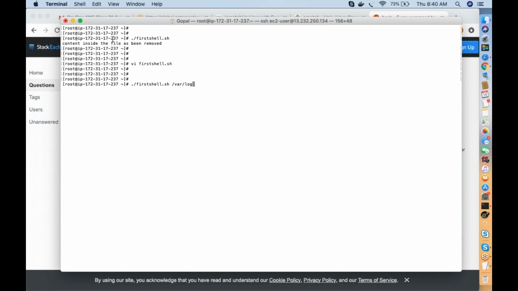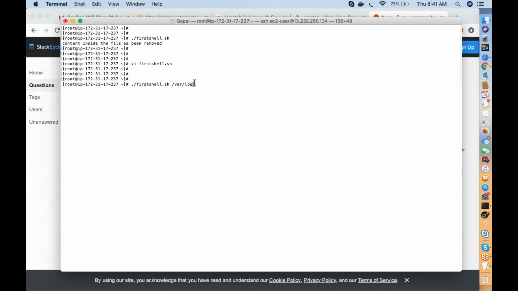After executing the script, you put a path like: first shell space /var/log. So whatever input you give after the script name, the first input will be taken as the first variable. If you give a second value, say demo, this is the second value. If you give demo 1 2 3, this is the third value, like this. However many values you give, that many variables.